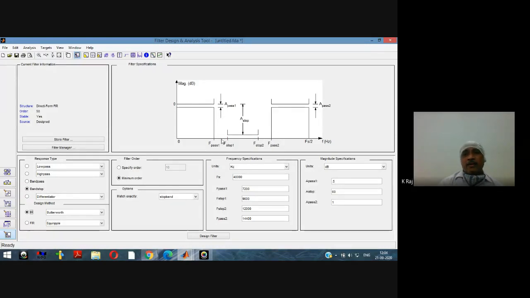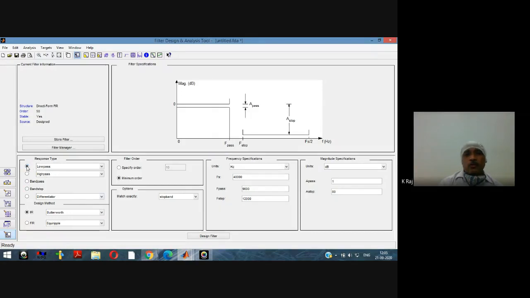And there are no ripples in the pass band as well as in the stop band. Since we have selected the band pass, now suppose we select the low pass, then we will find the flat response in the pass band as well as the flat response in the stop band, and there is a gap between the pass band edge frequency and the stop band edge frequency, that is named the transition band.